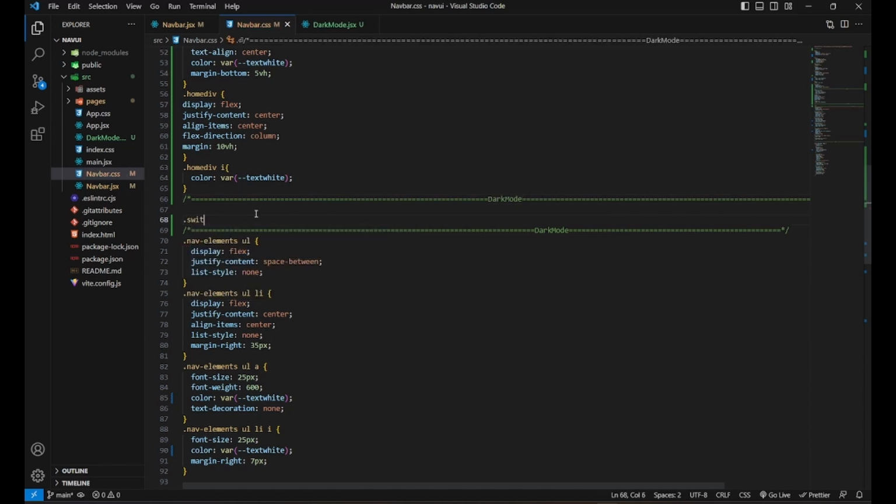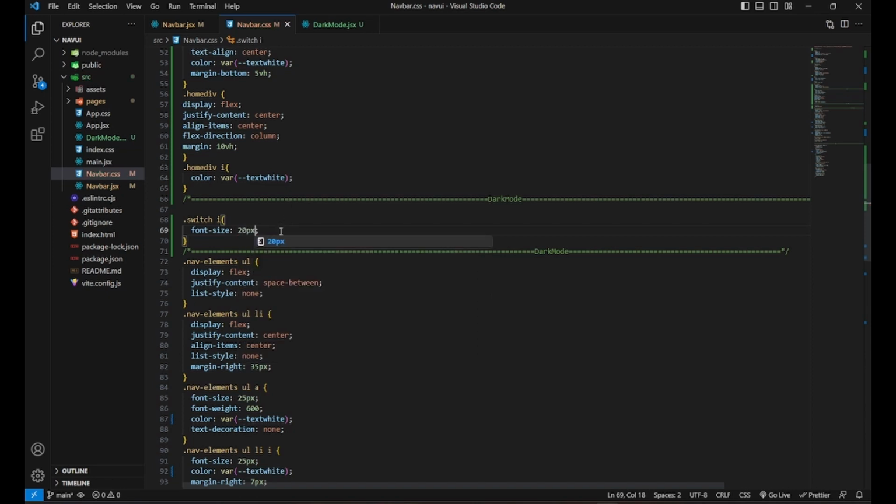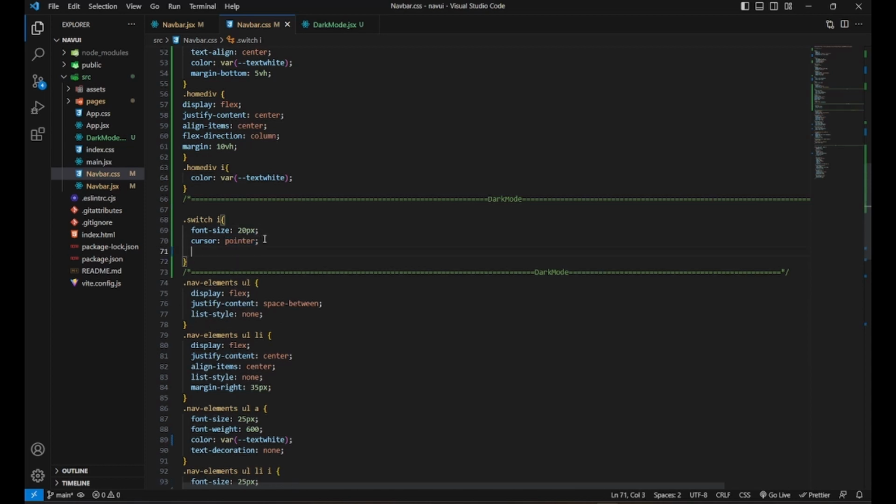So let's style our icon. We'll first set a font size. Let's set it to 20. Then let's set the cursor to pointer, so the cursor will change on hovering it, and let it align itself to center.